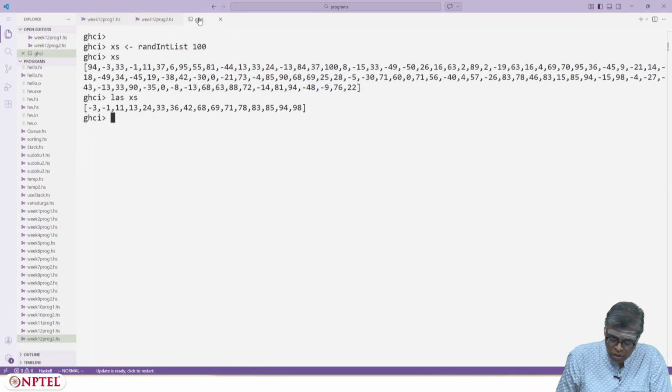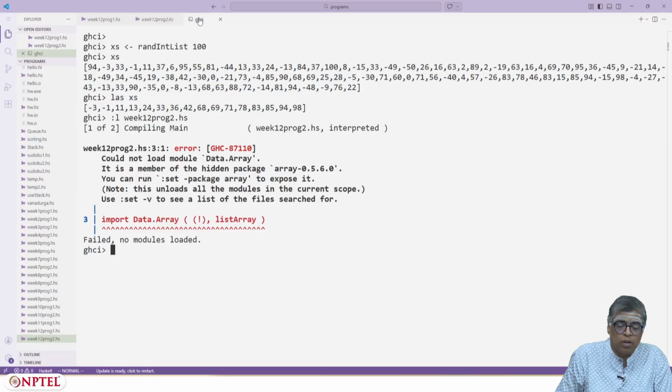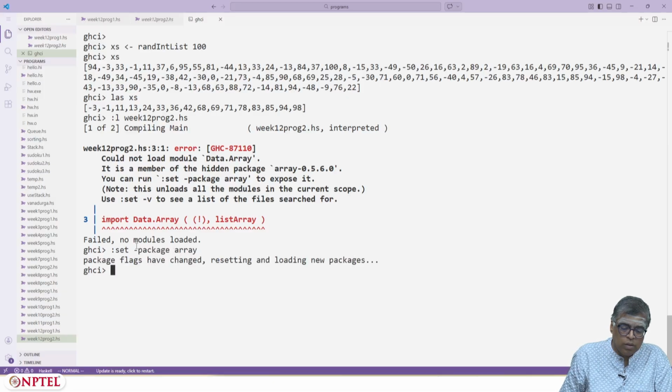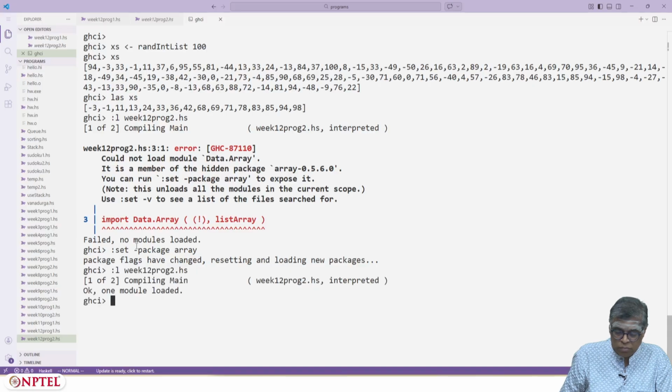If I try to load, okay, good. So you can get arrays to work with this.